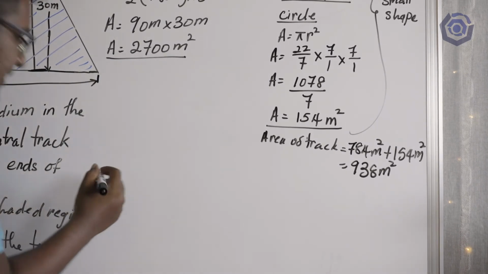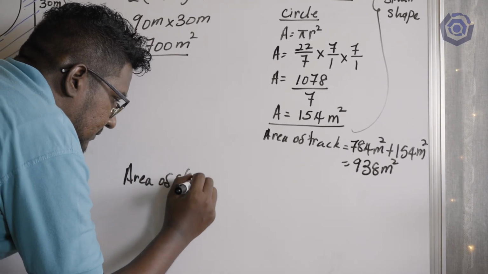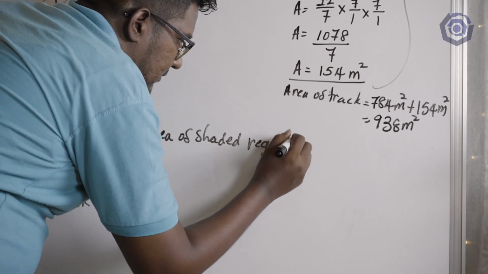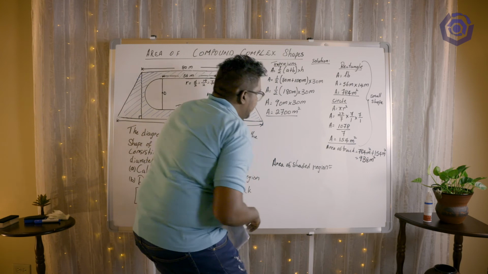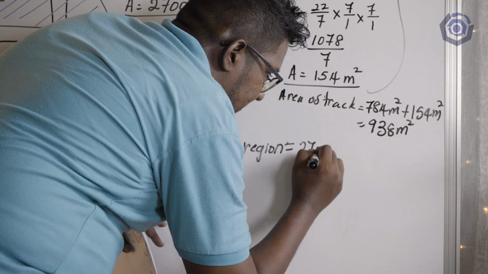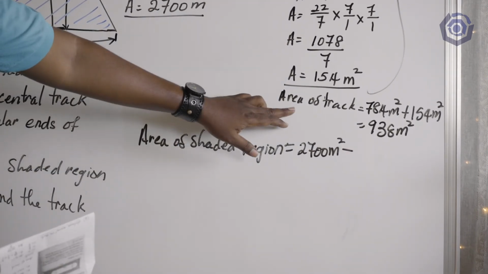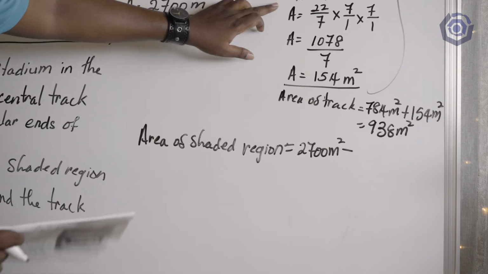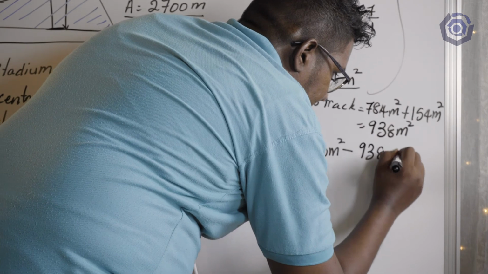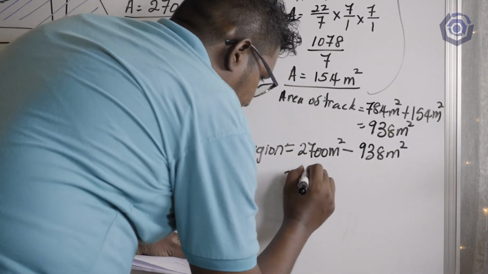To find the area of the shaded region, that's going to be our big shape, which is a trapezium, and that is 2,700 meters squared. Subtract the area of the track, which is the rectangle plus the circle, and that is 938 meters squared. When we subtract the two, we're going to get